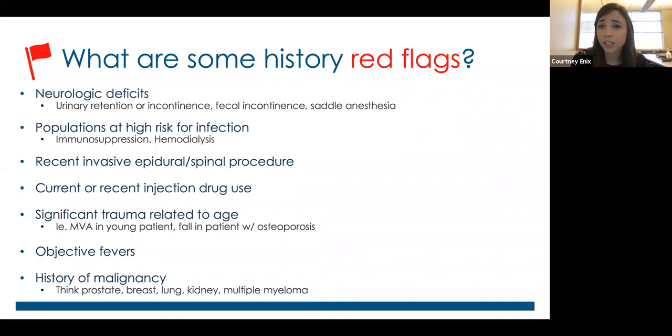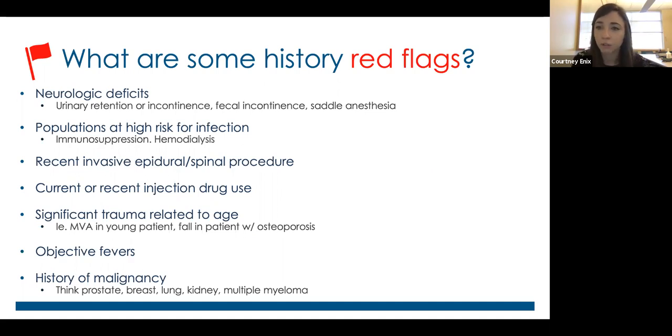The traditional teaching for patients who are having any sort of red flag symptom is that you should order early imaging and maybe dive into a more extensive workup for their back pain. And I will say a lot of that will come with your clinical gestalt about what you're most concerned about and how much of a workup you want to do. But you should also be concerned about patients who are coming in with acute low back pain and populations who are at high risk for infection.